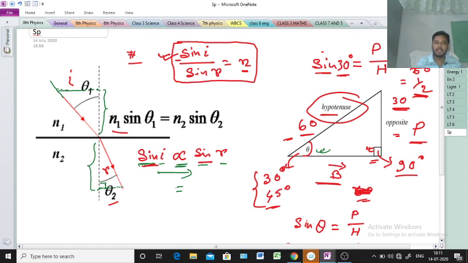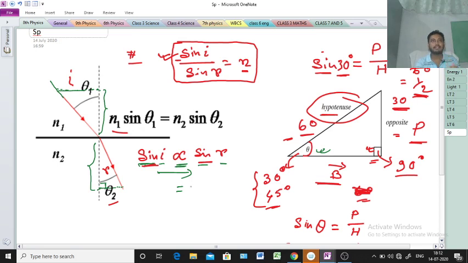If you want to convert the proportionality sign to an equal sign, then you have to multiply by a constant. Proportional sign থেকে যদি তুমি equal sign এ convert করতে চাও, if you want to convert proportional sign to equal sign, in that particular point of time you need to multiply a constant. একটা constant multiply করতে হবে। এবার স্যার what is constant?